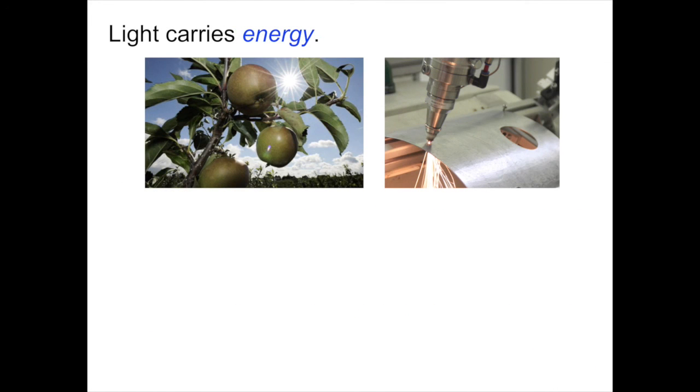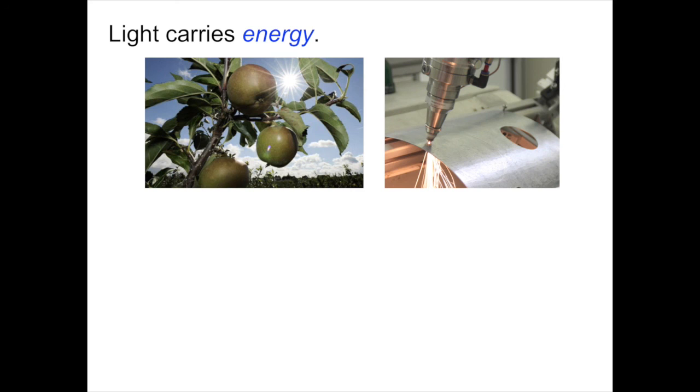The other property of light that interests us is that light carries energy. For example, sunlight. You can see sunlight here carrying energy. The plants absorb the sunlight, use that energy to cause chemical reactions that build up sugars, convert carbon dioxide into oxygen through photosynthesis, and eventually those sugars, combined with nutrients and water taken up from the soil, can be stored into an apple. You could then take some of that chemical energy. When you eat the apple, it goes into your body. In a sense, when you're eating an apple or a piece of fruit, you are actually eating sunlight, which has been stored in an indirect way in terms of chemical energy.